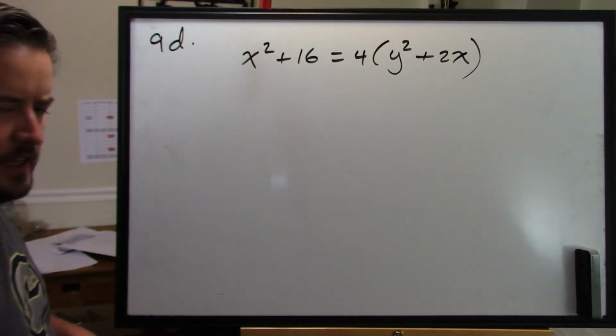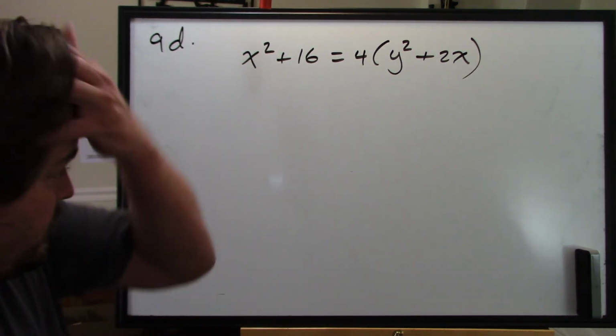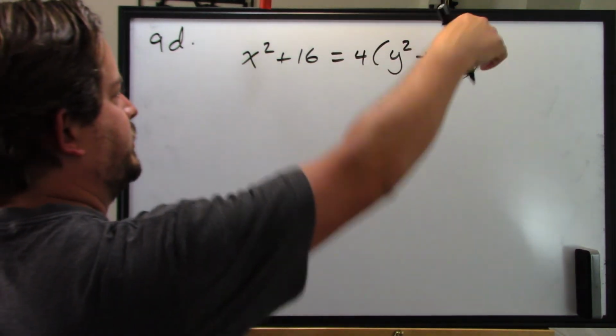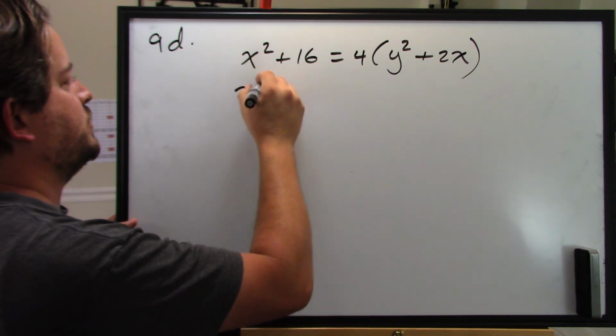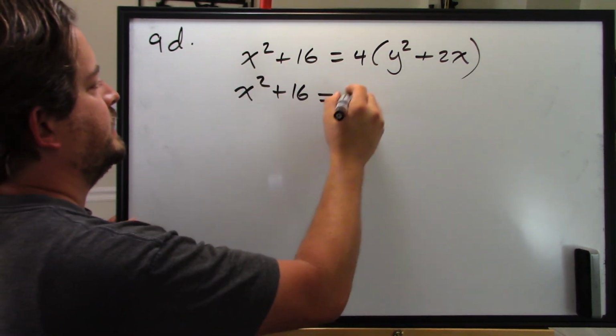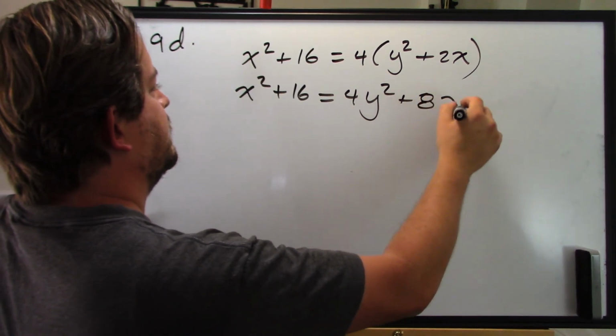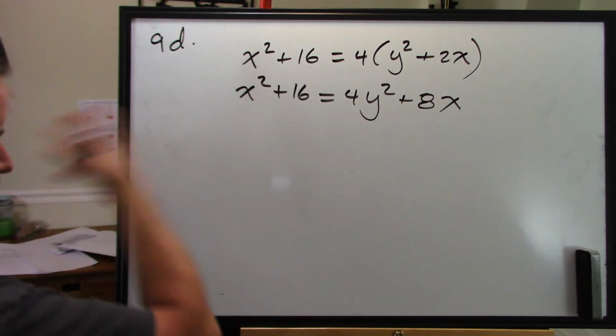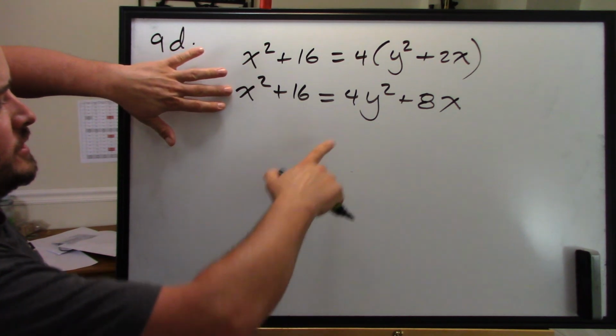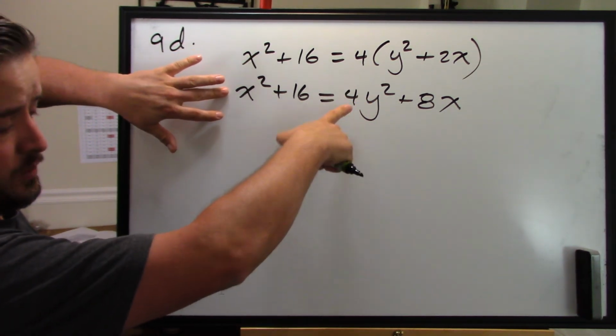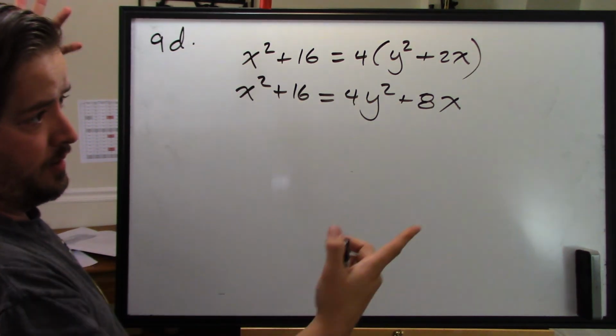So it's not in any sort of form that we'd like it to be in. So I'll start by distributing that 4. This gives me x squared plus 16 equals 4y squared plus 8x. And I'm just going to grab everything and push it to the left, right? It looks like when I do that, I'm going to have a positive x squared and a negative y squared, so I'm probably building